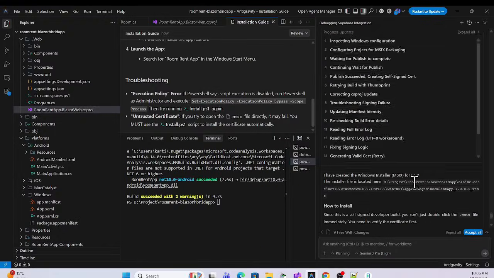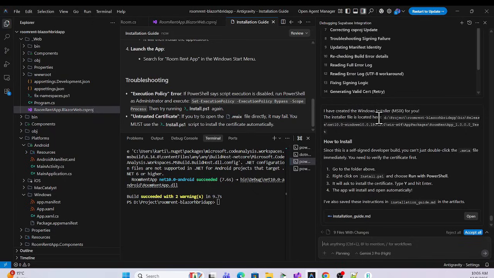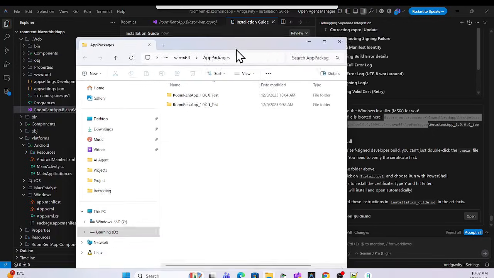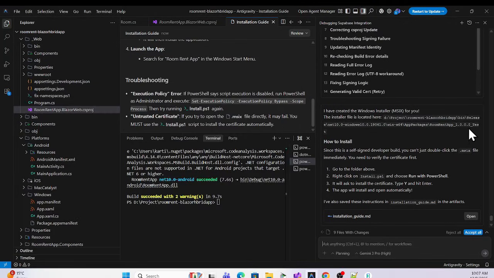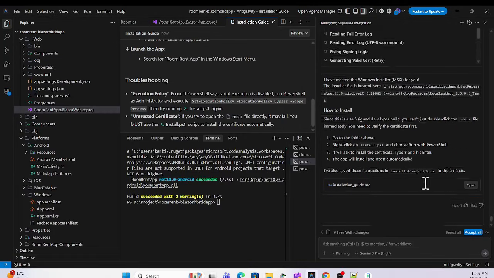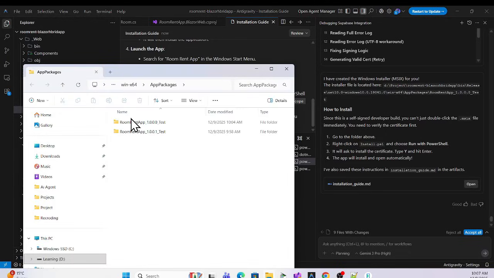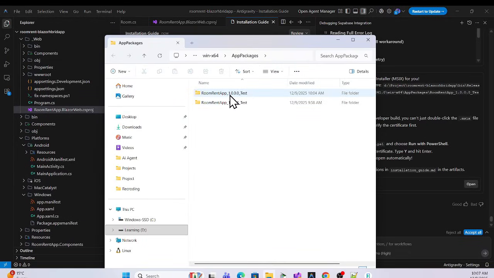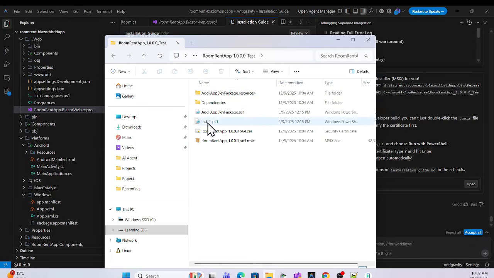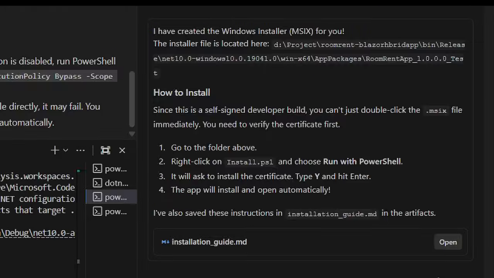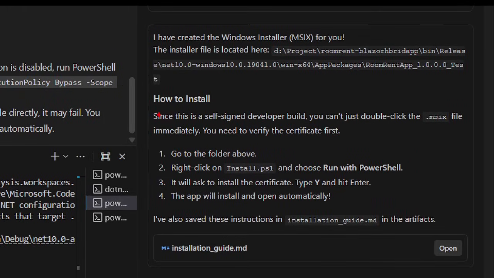So what I can do, it's asking to go to this folder, so go to that folder here, D, and let me copy this till here, and here see, it created which one, 1001, and yeah, 1001, but here is a 1001. Okay, so this is that one. If I go here, this is that one. Okay, so what are the instructions, how to install that,